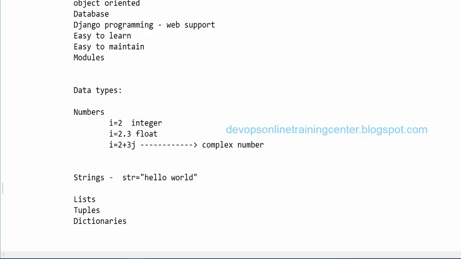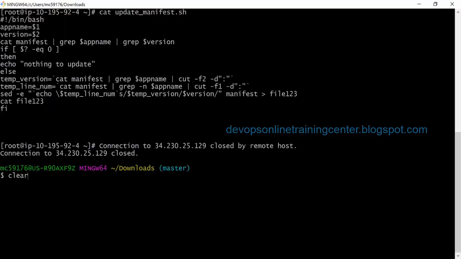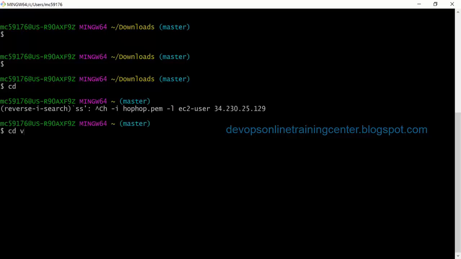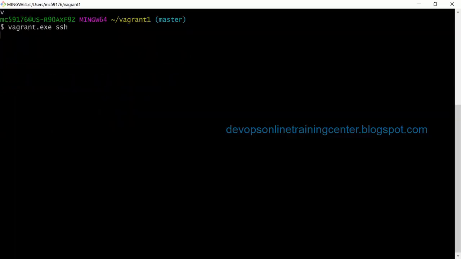Okay, so let us see. I just logged into a Vagrant VM. Login as root.